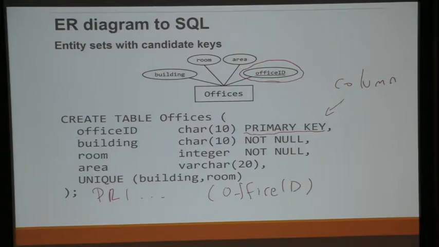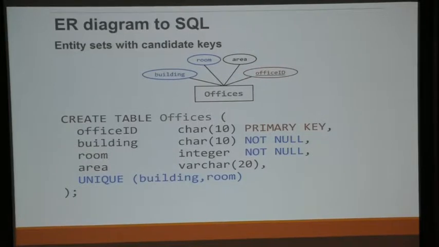All right. For the candidate keys, specify them as not null and unique. All right. So that's the highlighting. The blue is the candidate keys. There is no keyword called candidate keys, so you need to use the not null and unique constraints. This keyword does not exist. The keywords that exist are primary key and foreign key.